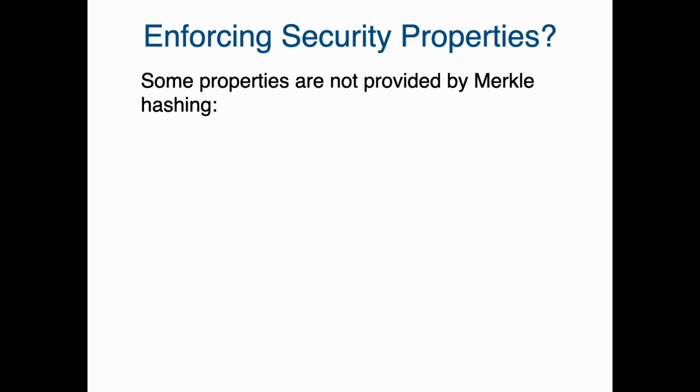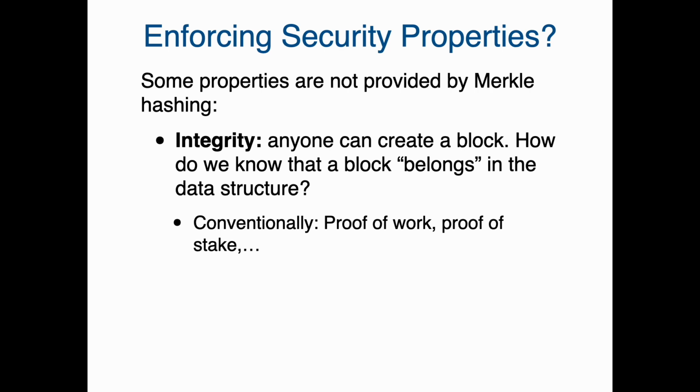Okay, so by building something as a DAG of blocks, you get some properties automatically. Like you can follow one block and you can find the rest of the data structure and believe that it's all the way that it was supposed to be. But that kind of basic Merkle hashing functionality doesn't give you everything that you want as a security property.